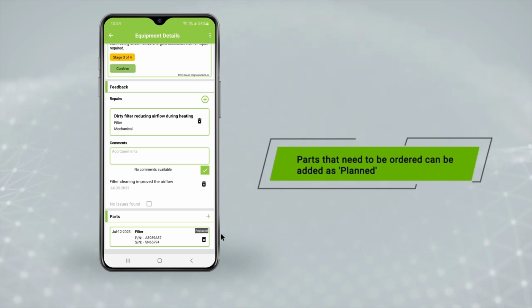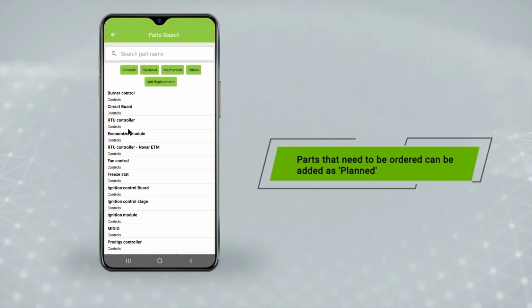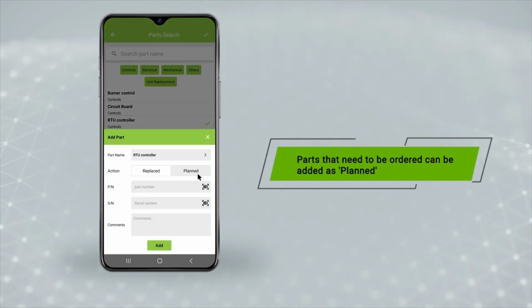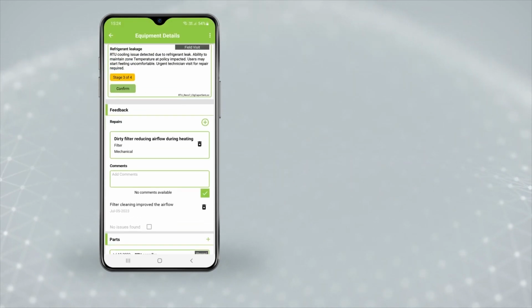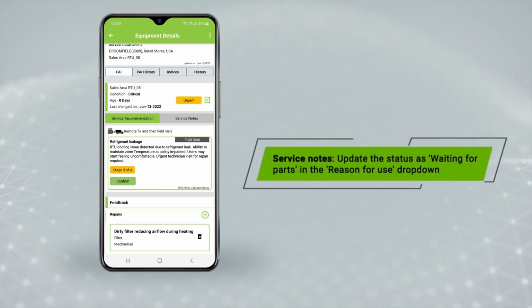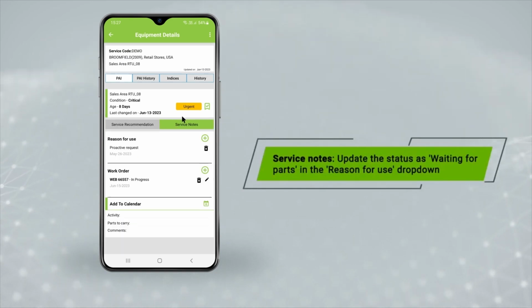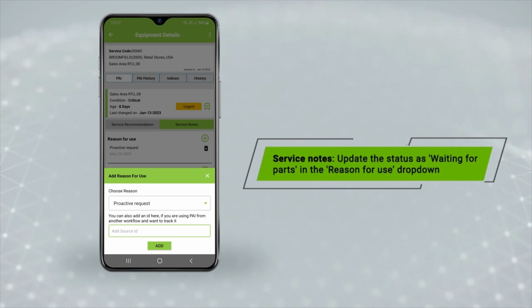If parts are not available with you, add the parts you are planning and mark them as planned. Do remember to update the status as Waiting for Parts. In the Reason for Use drop-down,